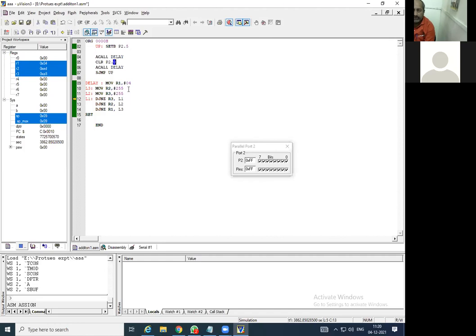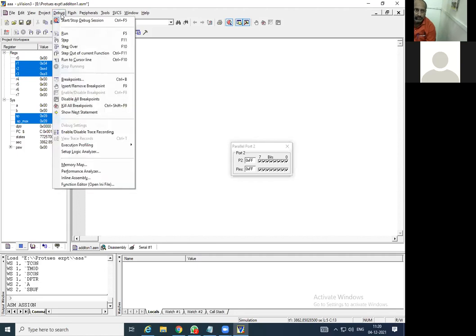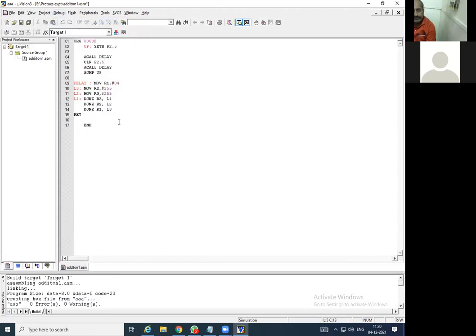Whenever the 0 is there, we will replace it by the 5. Before making the edit, we have to stop this program. So debug, stop, and then only edit has to be done.